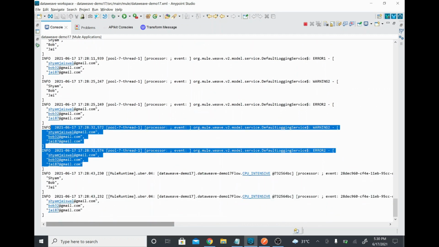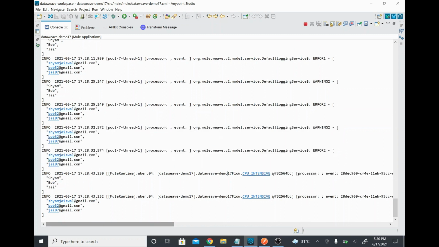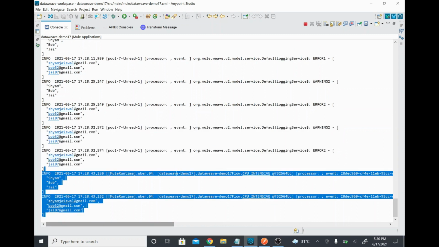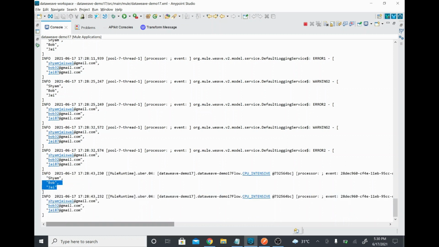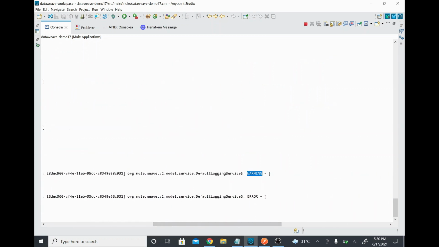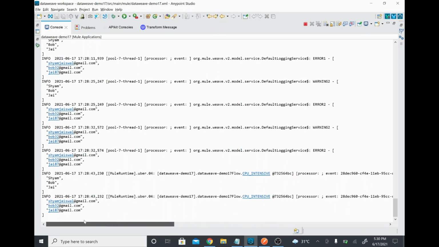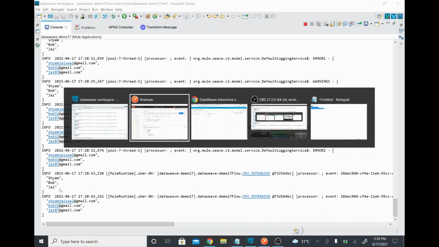Earlier, if you see, this is a thread processing event, all those things. If you see here now, it's a different one. So this is your actual processor output. That is why the name and values are coming. The first is having a name and the second one is having an email, and then the log will be there, because this is the log we have added in DataWeave, right? So in the DataWeave log we have given a log and error. This way we can log it, and also we can evaluate the DataWeave code in the evaluate window.